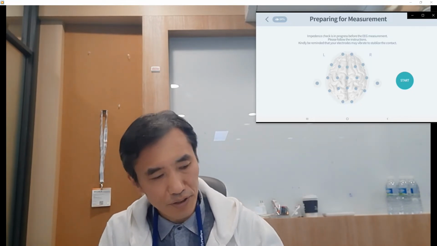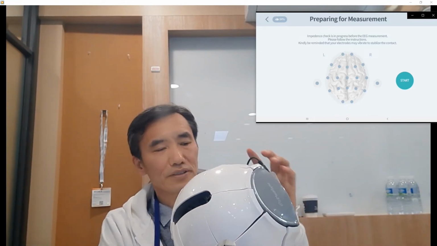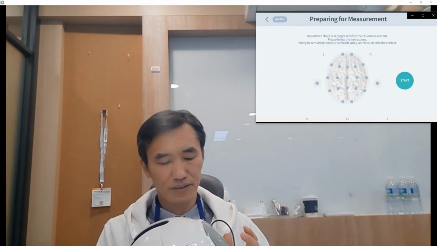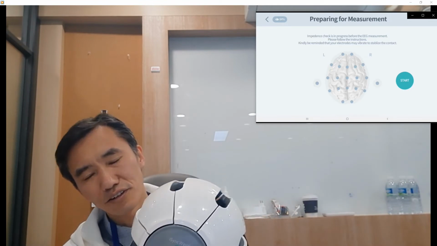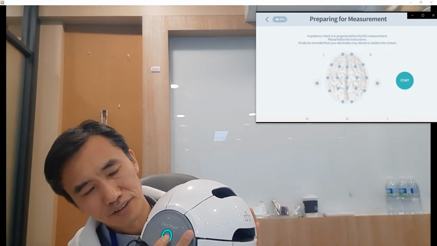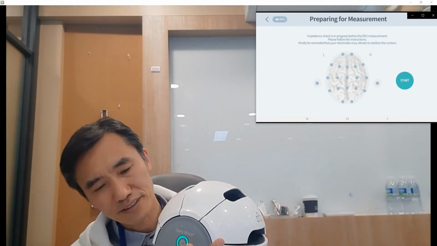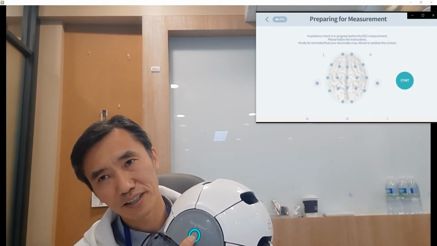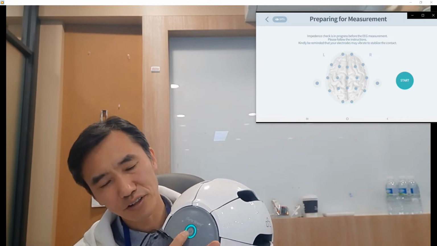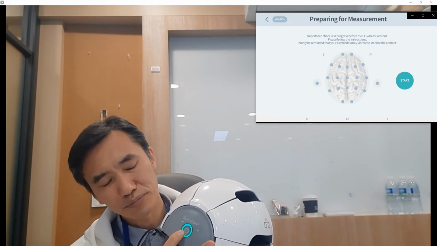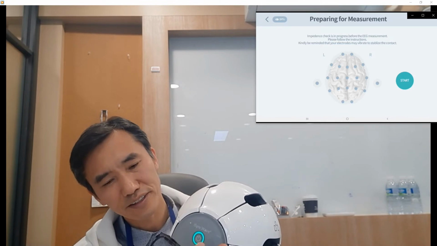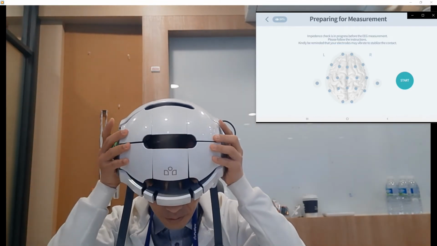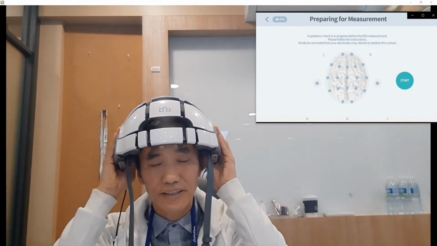And before that, the first thing we have to do is wear the headset. The headset is turned on like this, and turning on the headset is very simple. Just press and hold for 2 seconds, and it is turned on. The green signal means the device is connected to the tablet. And then wear the headset like this,